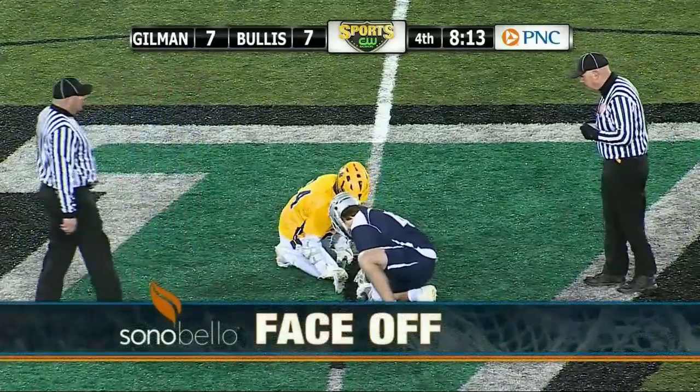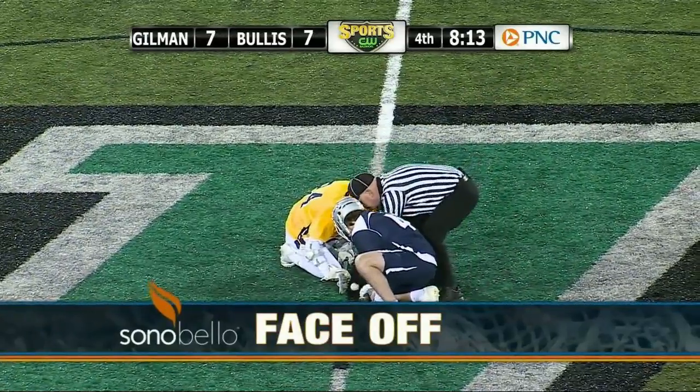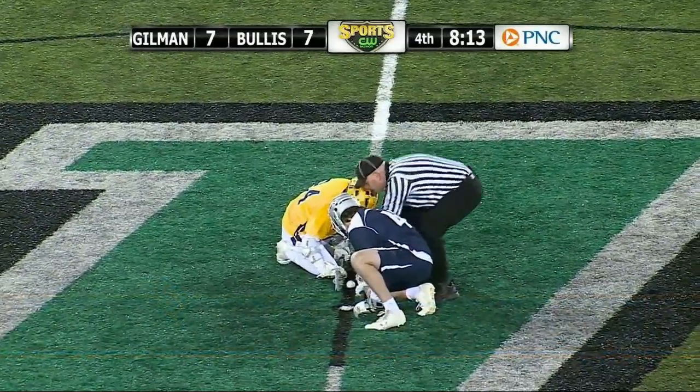Referees for tonight's game, Gordon Corsetti, Matt Pierce, Adam Wentworth, official timekeeper, Carmen D. John Domenico. As we